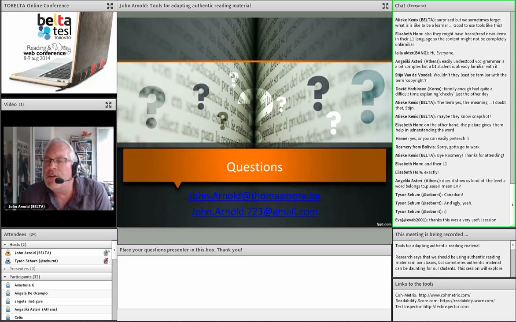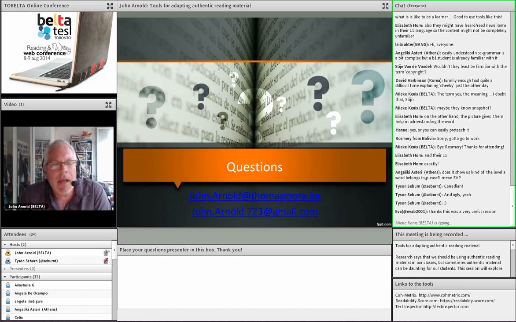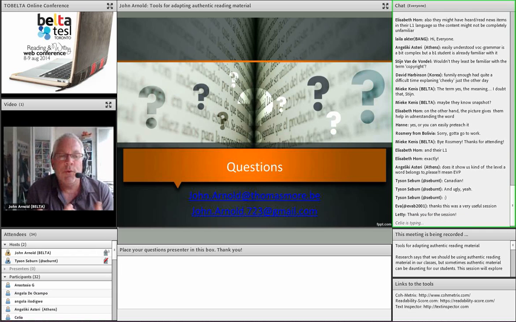What is, does it show us the kind of level a word belongs to? Yeah, the English vocabulary profile relates it to the Common European Framework. So it relates words to the A1, A2, B1, B2, C1, C2 levels, and I think they're done at this point. But remember that that site uses student data, so it's what students are using, as opposed to what truly they think should be taught at those levels. So it's interesting. You have to weigh those a little bit, I think.